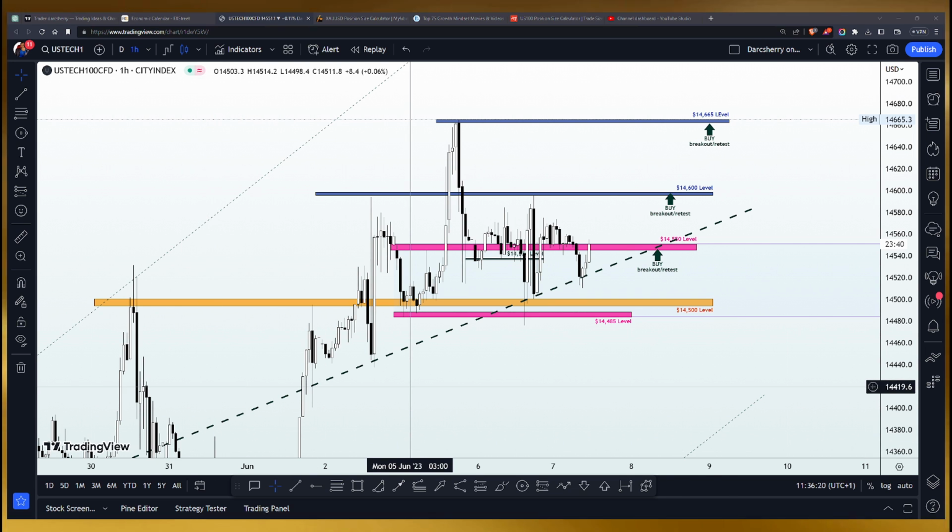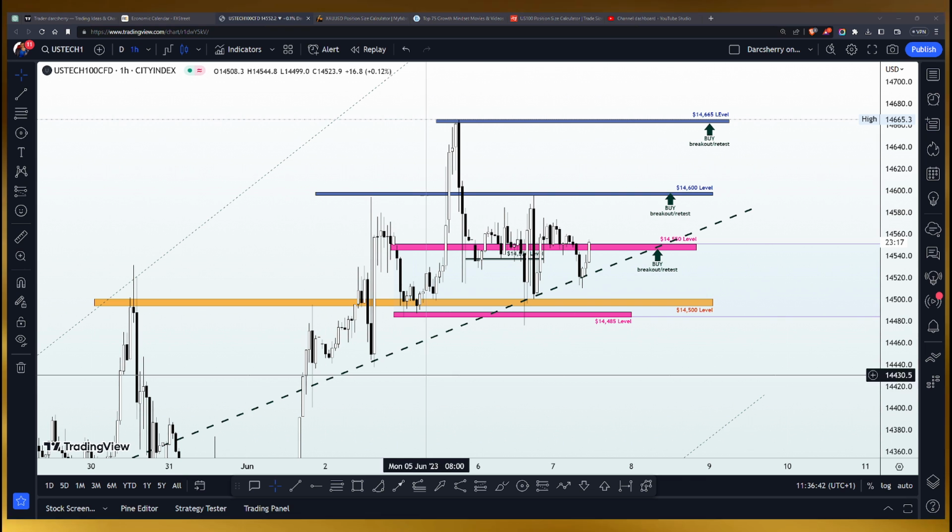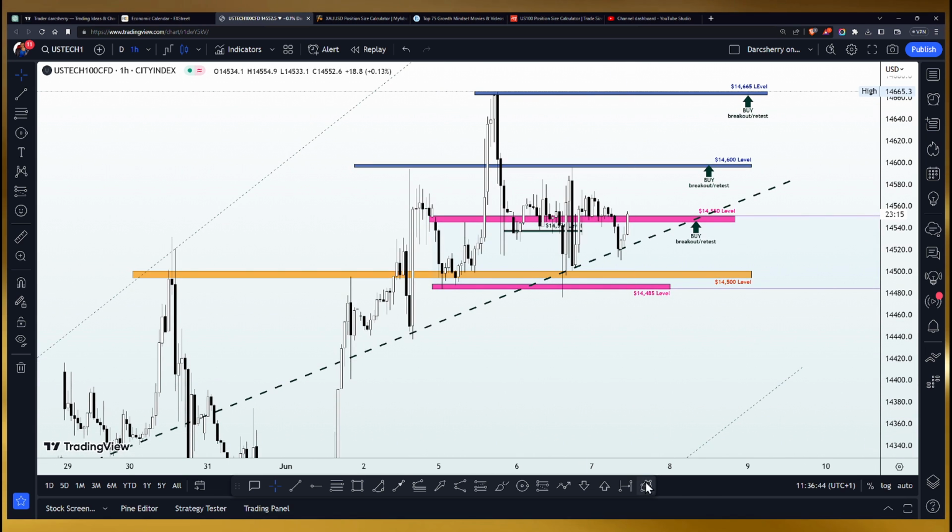All right, so we were talking about how to look out for selling opportunities here. We already talked about how to buy. We already agreed that anywhere above the trend line, above the 14,550, we buy, and we look out for more opportunities to maximize the potential of this bullish momentum. However, if price action breaks down that trend line, that is this bullish trend line we identified here, let me highlight it for you so that you can see.